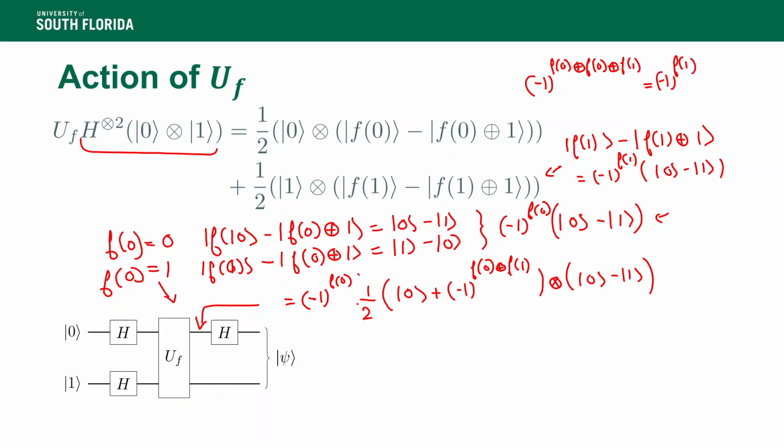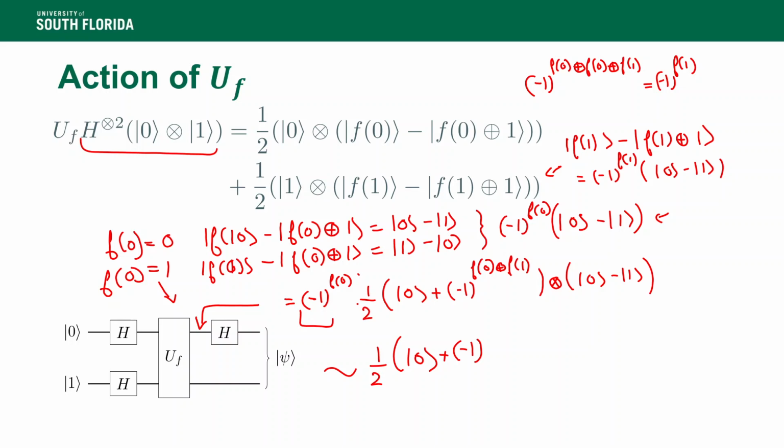So that allows us to factor out this global phase, and this can be ignored. Remember, a global phase will not contribute to the final measurement. So we'll say that this is equivalent up to global phase to the state